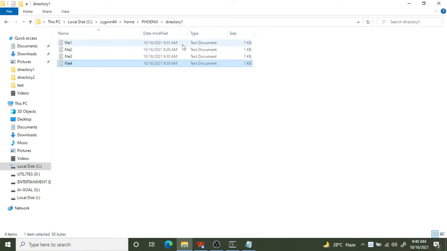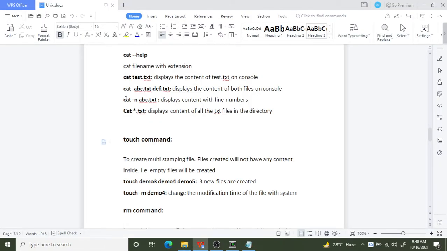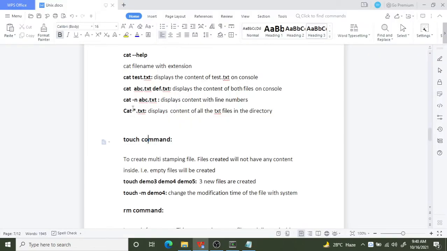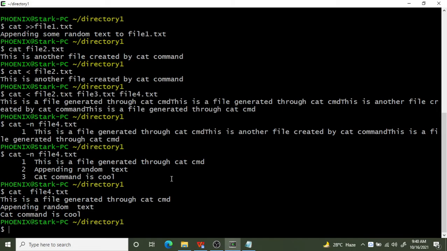I want to see the content of all these files, but I don't know the names. Suppose there are a thousand files, you cannot type all the names every time. In that case, you just use the regular expression. So let's see, cat *.txt, hit enter.